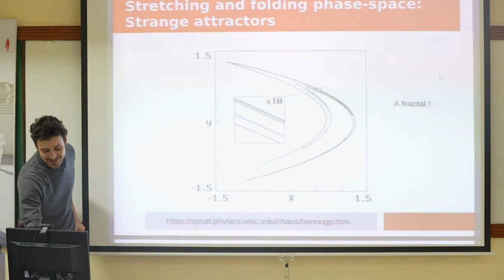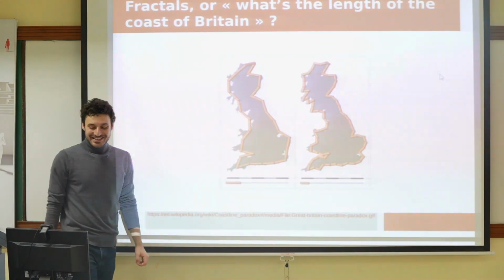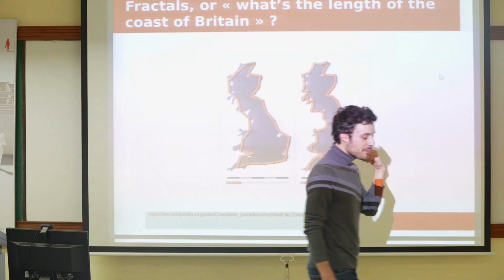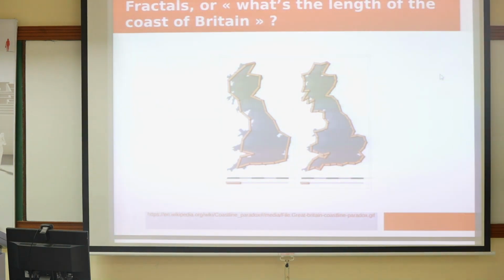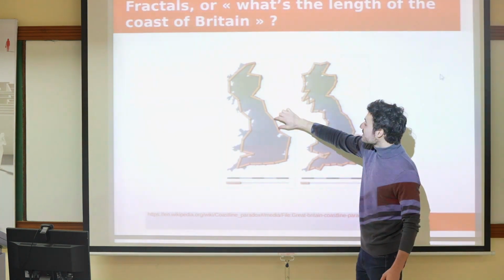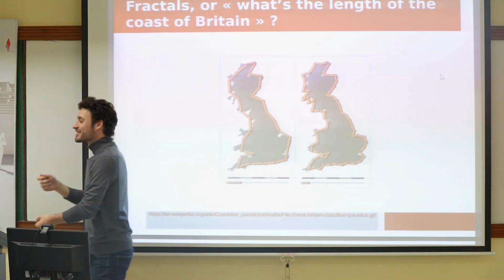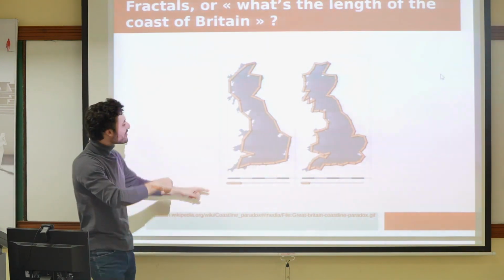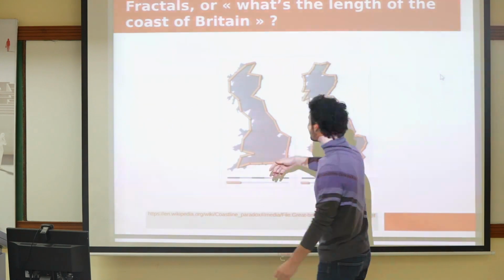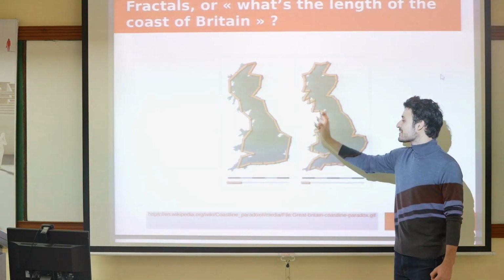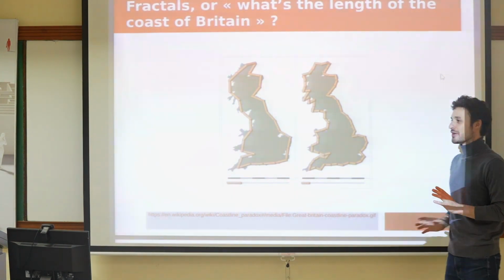So the first one is a classic fractal question. This is actually the name of a paper by Mandelbrot, one of the founders of the study of fractals. So he asked a stupid question. He said, "What's the length of the coast of Britain?" Well, the idea is you just measure it, right? So this is one way of measuring it. You have a yardstick, and you walk the coast of Britain with your yardstick. And once you've gone round, you say, okay, it measures, I don't know, a few thousand kilometers. I've actually no idea what the real value is.